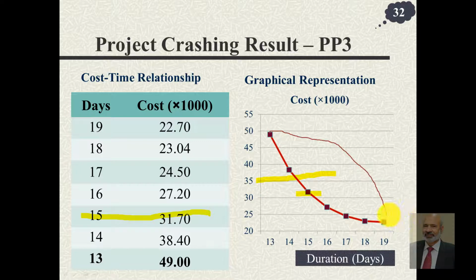Had you done in the opposite direction, that means probably you would have gone for much higher cost with much lesser reduction. Your reduction would have been much lesser. So the advantage of doing this in least incremental way is that wherever you draw a line and you say that we have this much money, let's spend that much, then you will end up reducing your time to the maximum extent possible.